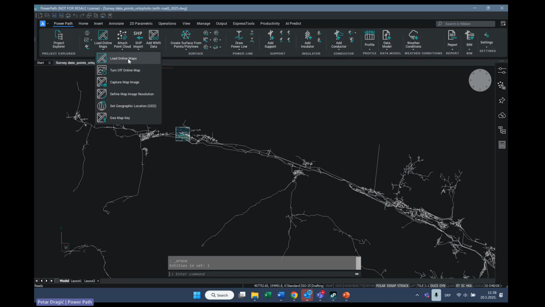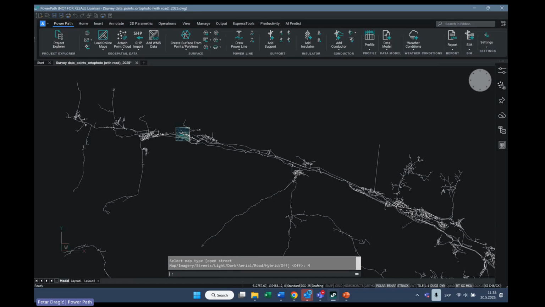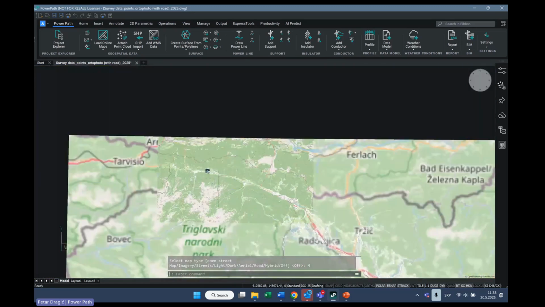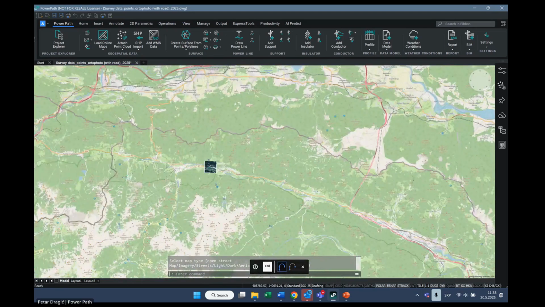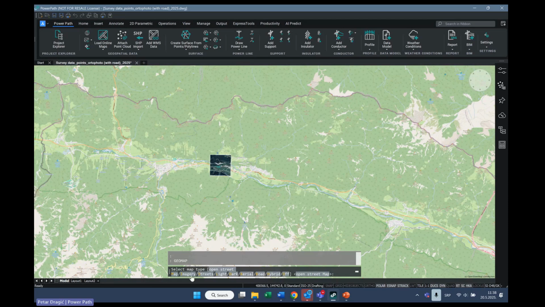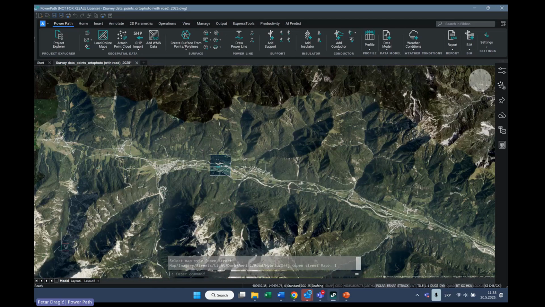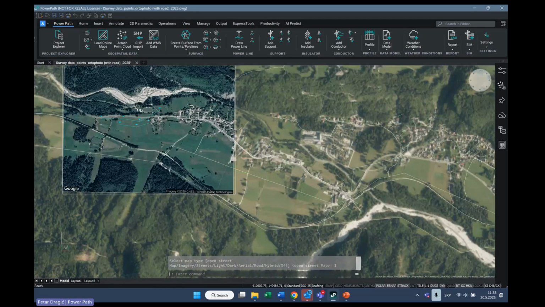What is also new in geospatial data, from the previous version, is that we support loading online maps. But if I go here to the command load online maps, you will see that there are new options. Now we support loading OpenStreetMap, as you can see. I can load OpenStreetMaps, but also now we support loading Esri base maps. If I click here on imagery, you will see that I now switched to Esri maps.